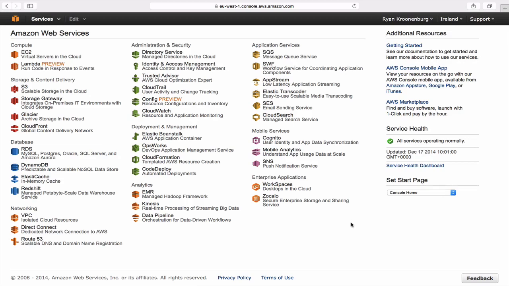So you can see the AWS console screen here. Yours will probably look a little different. You won't see these preview sections depending on how far along you are in the course, but as mentioned in the introduction, I will update this as we go. So right now Lambda is in preview, as well as Config. So let's go into the EC2 section,